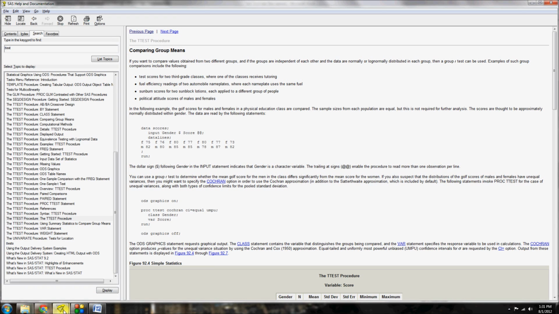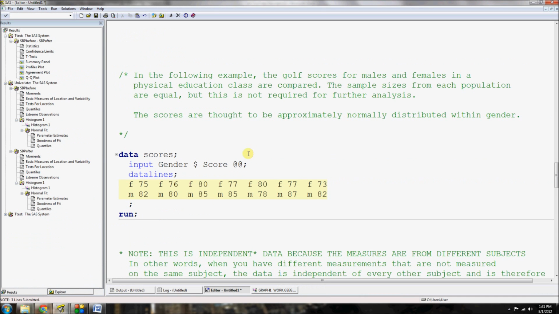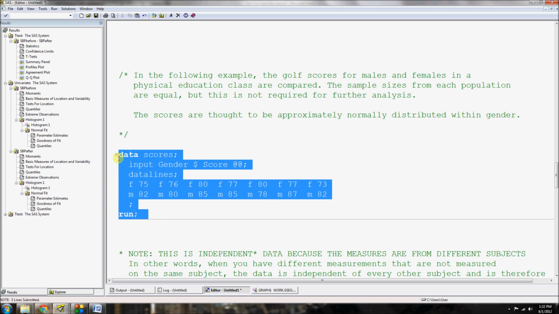in their help manual. So in this example, they get golf scores for males and females in a physical education class. The sample sizes from each population are equal, but that is not required for further analysis. The scores are thought to be approximately normally distributed within gender. And of course, if we wanted to test that, we could, again, using our univariate procedure. So here I'm going to just run the data,